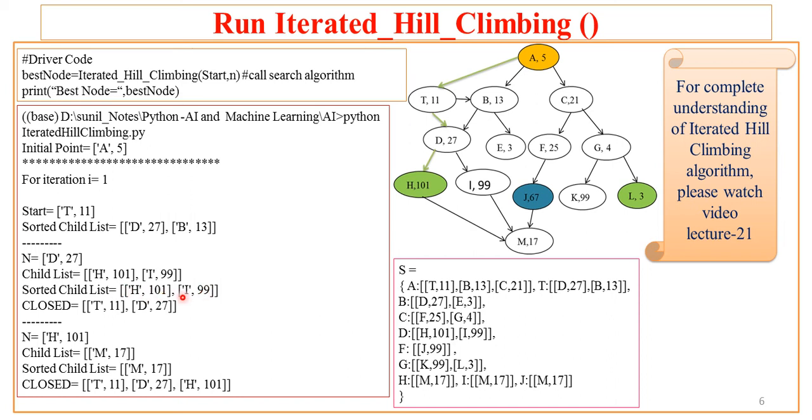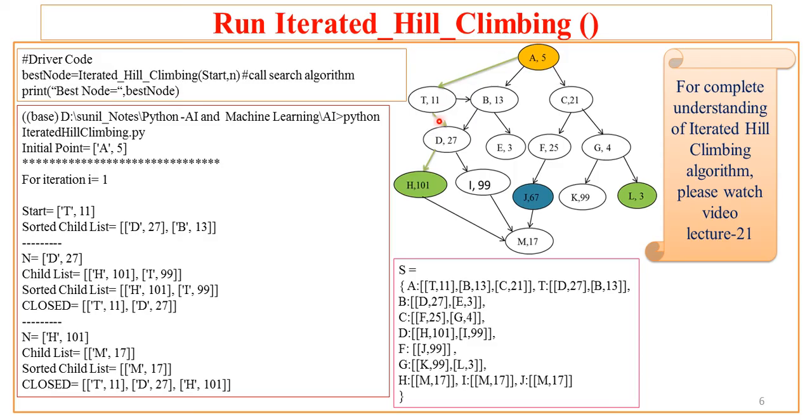Now the closed list will maintain the nodes visited so far. Our algorithm started with T and then it visited D, because among B and D, the children of T, D has the highest heuristic, so it takes this as the current node and tries to explore the next path. That is shown here in terms of the closed list. Next it picks the node H as the current node and node M as the new node, and as this node has a higher heuristic, this particular iteration is done. So the nodes visited so far are T, D and H.